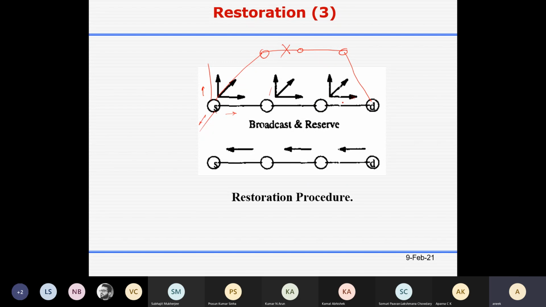Maximum 15 times you can broadcast, and if even after that the broadcast message doesn't reach the destination, then you stop broadcasting from that particular node. If it reaches a node where the count is already 15, it will not broadcast further. It will stop, because when you are sending the broadcast message, you are also reserving the wavelength.